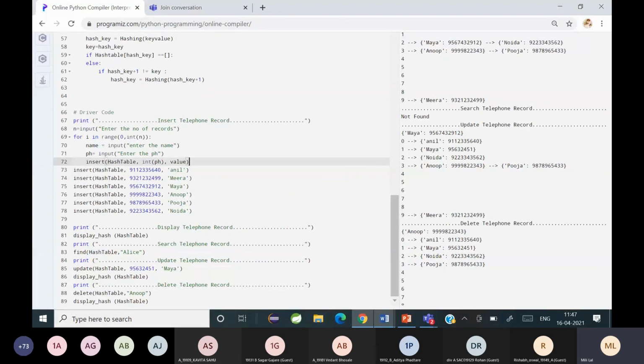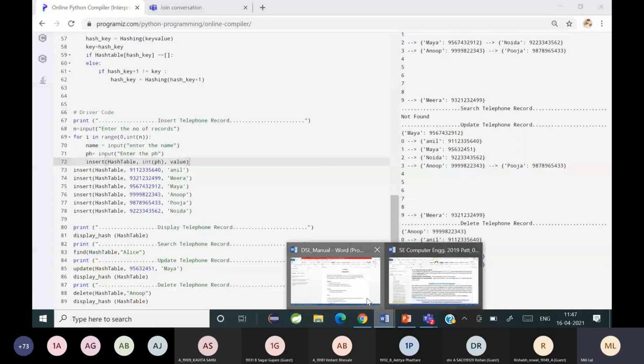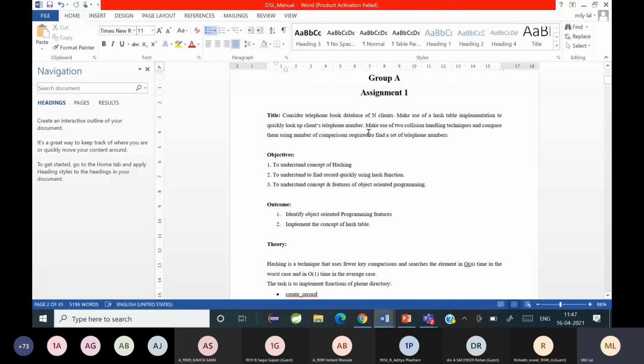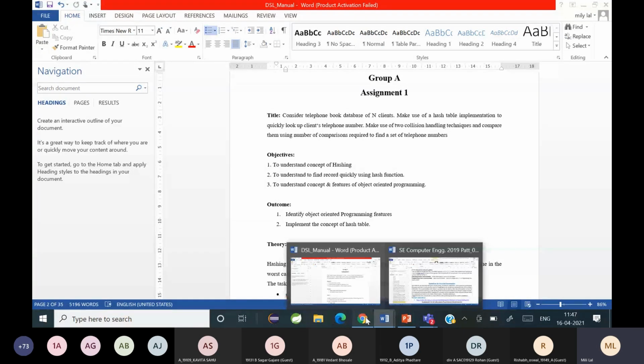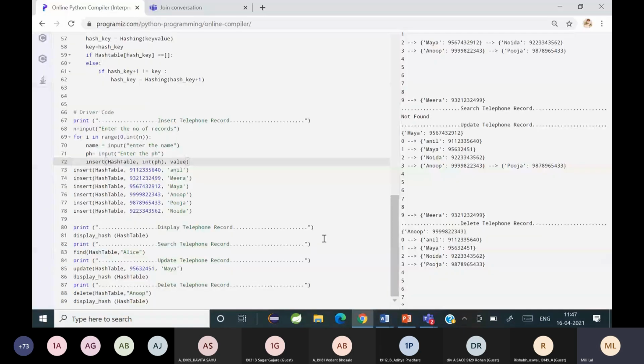Based on the table size you are creating, you can ask the user to enter the data within that particular range dynamically, and of course you can include a switch statement inside this code so that you can do the functionalities, whether you want to create, meaning insert, or delete, as per the user.